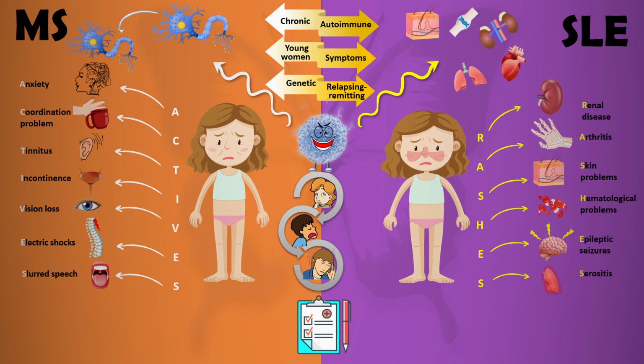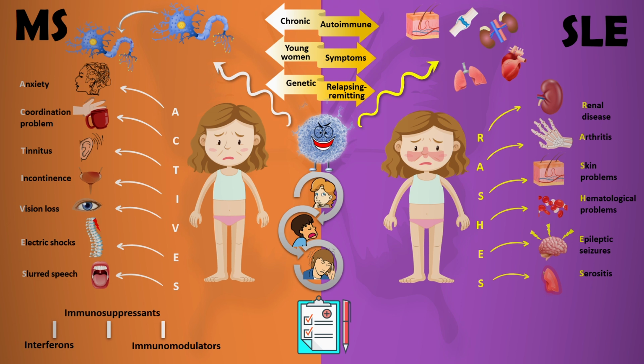Now, if we talk about the management of both of these diseases, just like the diagnosis, the management is also symptom-based. And they mostly involve lifestyle changes, since these patients are sometimes unable to perform their own tasks, especially if they lose their muscle activity, which may happen during neuronal loss. Now, if we talk about MS, the most common medications that are used to alleviate the MS symptoms include the 3 I's, which are interferons, immunosuppressant drugs, and immunomodulators.